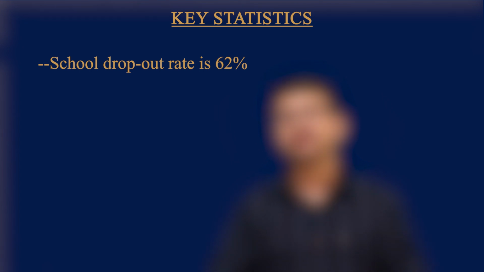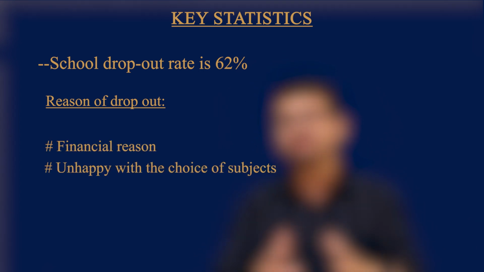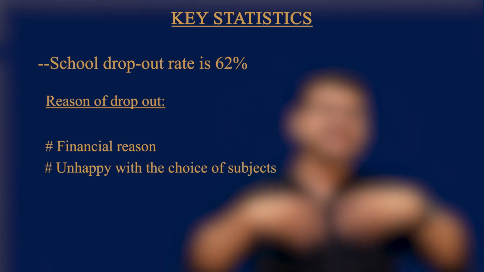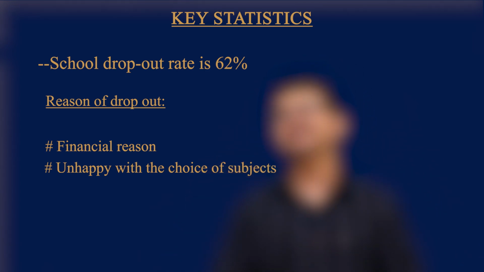Do you know 62% of all the dropouts are from schools? And of course the number one reason is poverty and financial crisis, but one of the major reasons is to do with the choice of subjects. It's to do with students feeling disengaged with what they're studying. They feel that it's not adding value. And why is it so? What story is this data telling us?